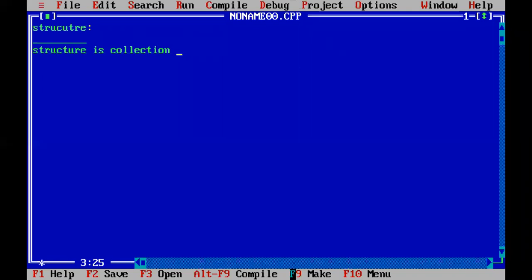All these three members, three variables, are three different types, but we have to group together, because all this roll number, name and percentage belongs to only one candidate. So under that particular candidate, we have to group these three variables as one single name.